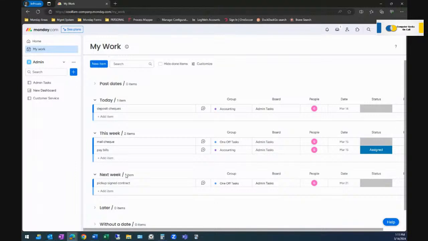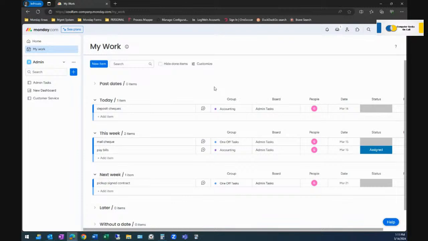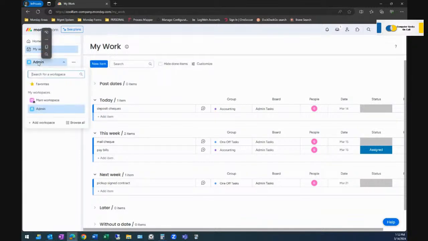So when I do my meetings, maybe we have 20 or 30 items in My Work for each person. We look at the due dates, and you can see that it's sorted by who's doing the work, and the due date and the task. So you can basically do everything from here. So this is one of the cool parts of using this in general. Another cool part would be the view. So if we go back to admin,